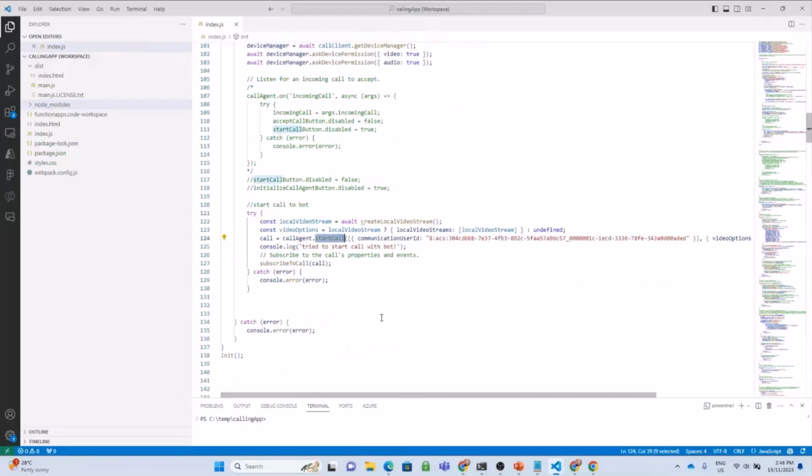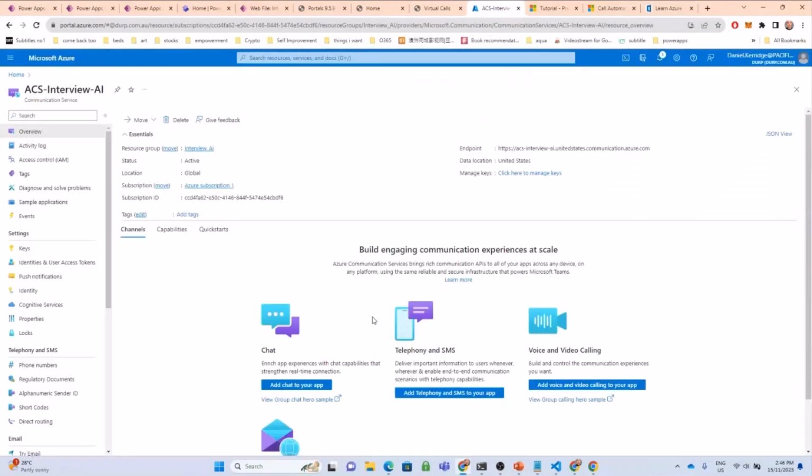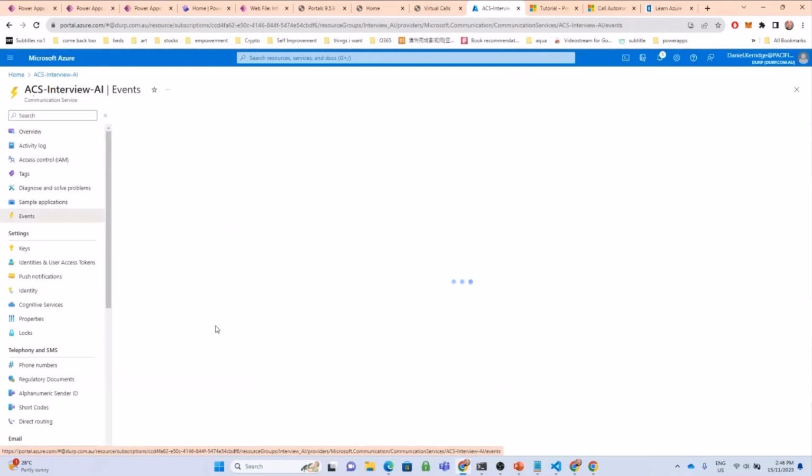And down here is where we're doing the start call. So this is the bot's telephone number. So that's the JavaScript. And how does the bot receive the call? Well, we're here on a Communication Services service in Azure. And if I go down to events, there's an event set up for any incoming call. It routes it through to